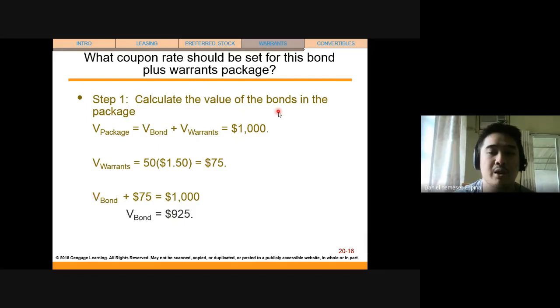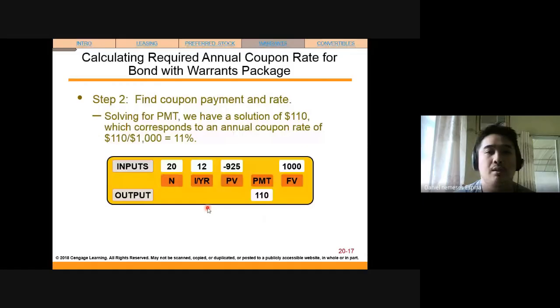So how to get the value of the bond? So simply deduct $75 from 1,000. So 1,000 minus 75 is $925. Next is to calculate the required annual coupon rate for the bond with warrants package. So if you use the financial calculator,